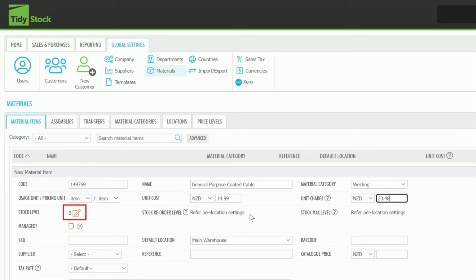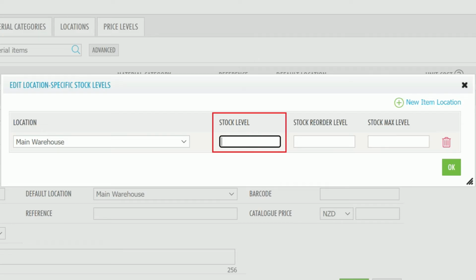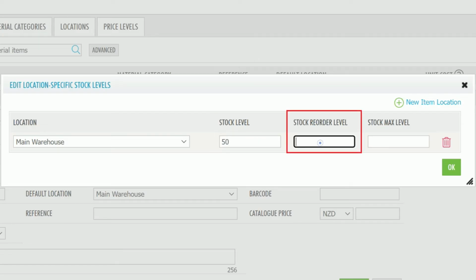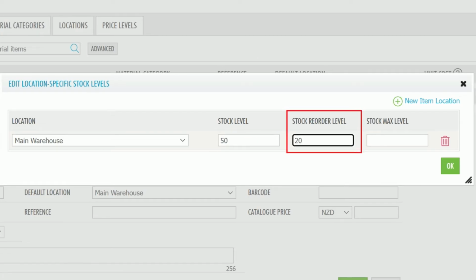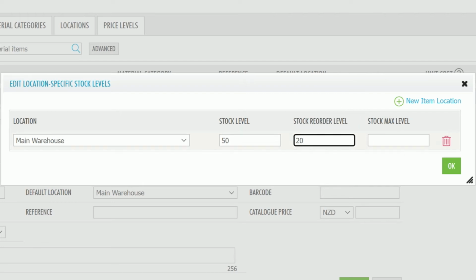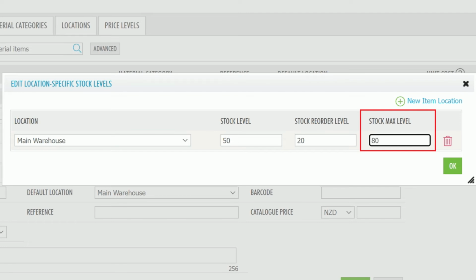Next, set the stock level by clicking on the red pen. You can also set a stock reorder level, which enables Tidy to alert you when stock levels are low. A stock max level can also be set, which prevents you from ordering and storing too much of this material